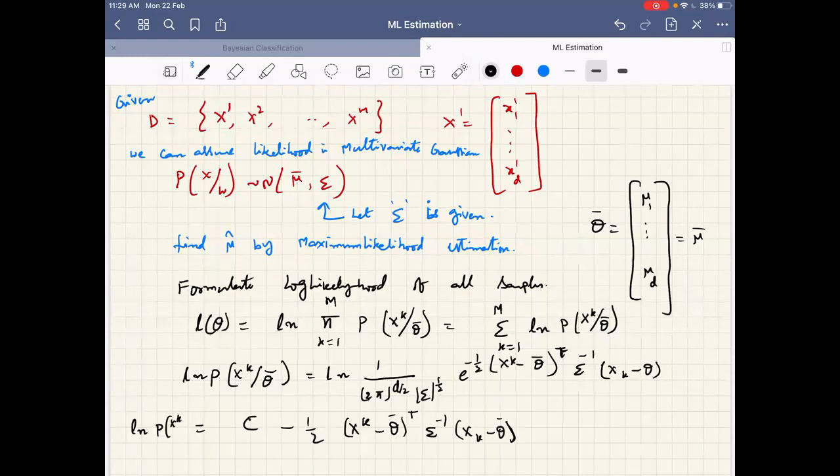I will give you 2 minutes. I request you to substitute now and differentiate with respect to theta bar, and give me the answer for what may be the ML estimate of theta bar. Put it in the expression L of theta, differentiate it and quickly get back to me. I will be slowly writing, but I would like to hear at least 1 or 2 answers before me.